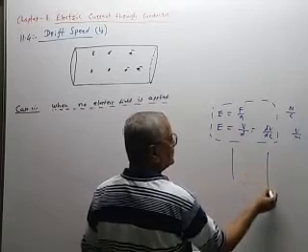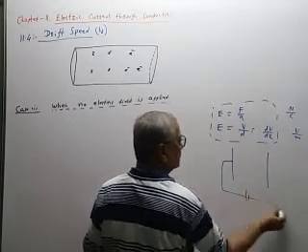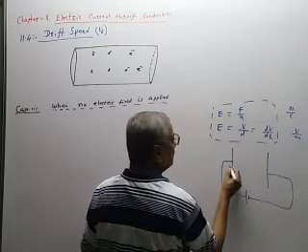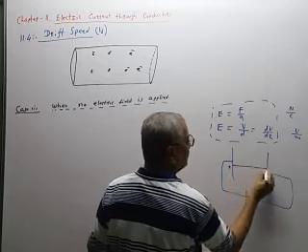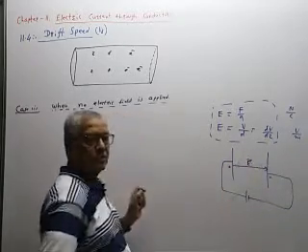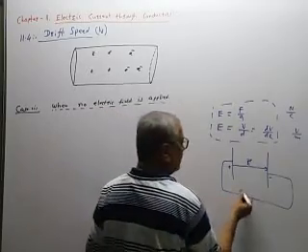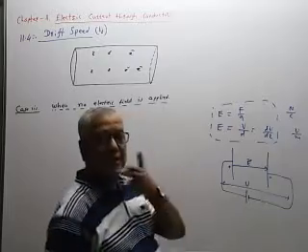These are the two plates, and across the two plates a battery is connected like this. The positive terminal is connected here, the negative terminal is connected here, and therefore the electric field is directed away from the positive charge and towards the negative charge. So with the help of a battery, some potential difference is applied between the two plates.